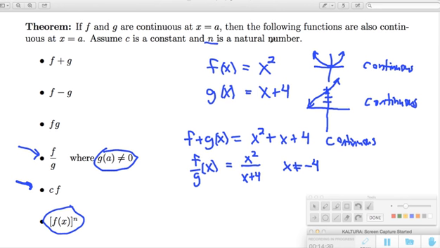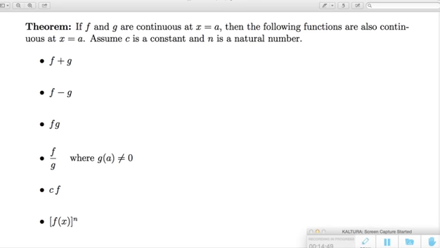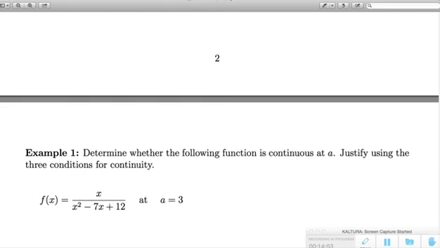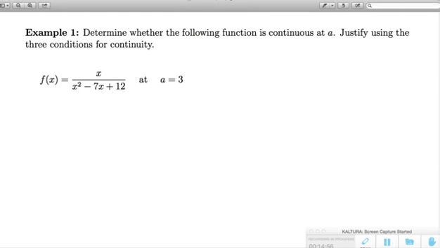But be sure that, again, pause the video if you need to and make sure that you write down this theorem. And you're free to use it whenever it's useful to you. But if you are ready, we're going to go ahead and keep going. Go to the next slide. So we got a particular example here